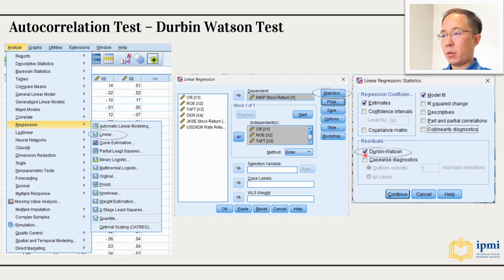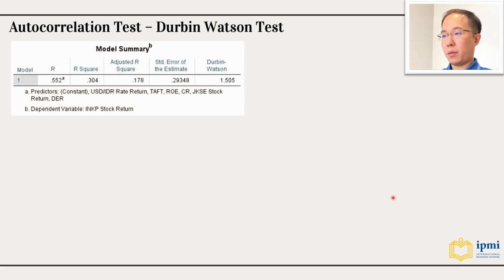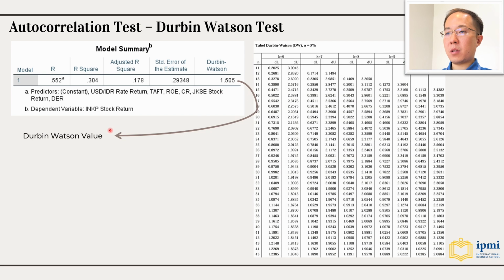Make sure that you check Durbin-Watson. Click continue. There will be a model summary pop up like this, and then the right column, which here is the 1.5, is the Durbin-Watson value. After that, you need to know all the tables from the Durbin-Watson,